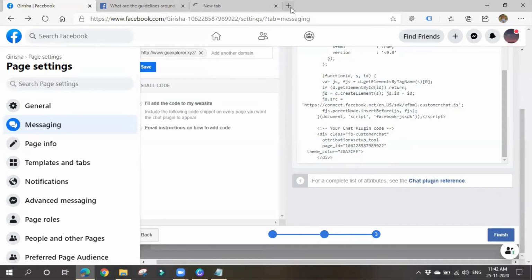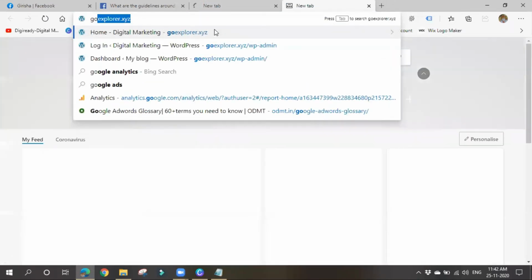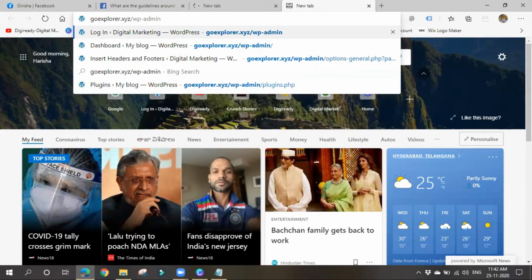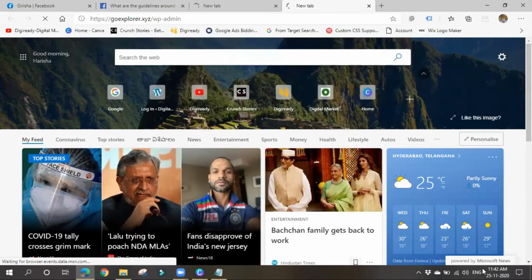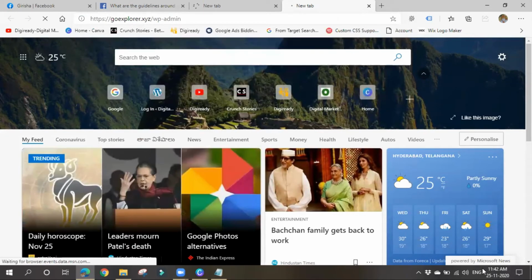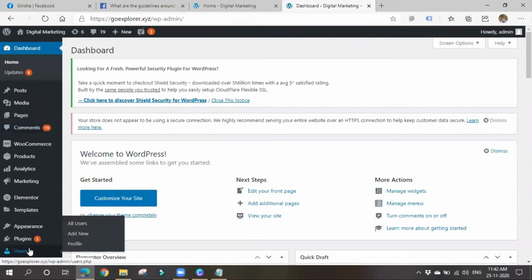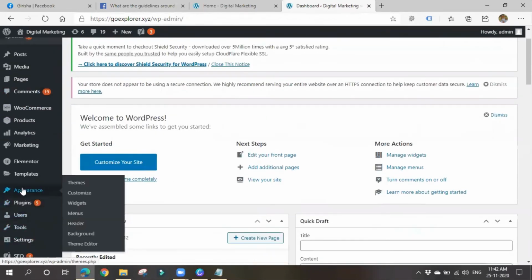So let me go to my WordPress. I'll log into my WordPress and I'll paste the code. Right? So you can paste the code either by going to appearance and then theme editor.